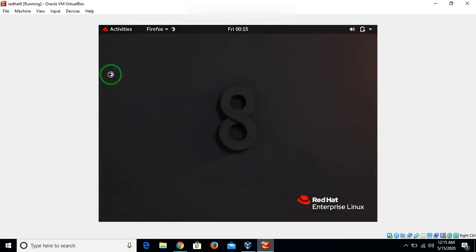Let's check whether the net is working or not. I just click on Firefox, so it will be launching. Just wait for it.